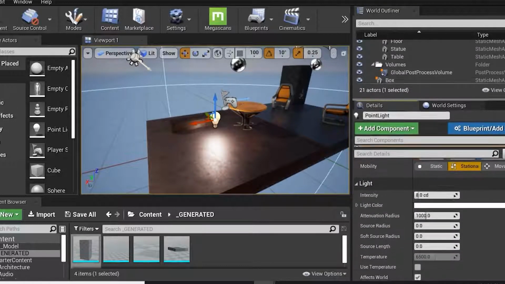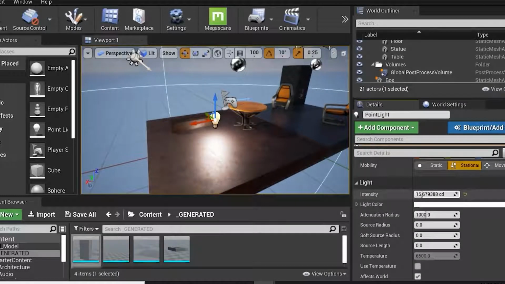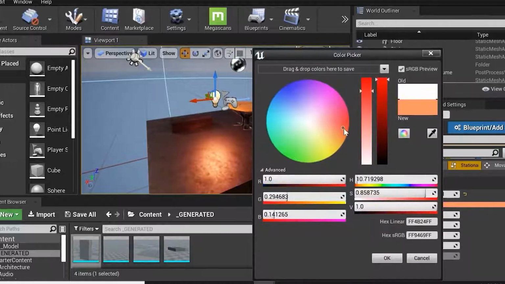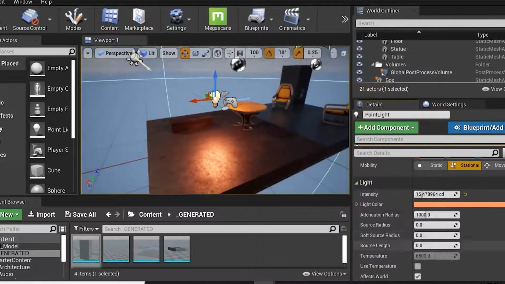Detail, just click over here. Intensity: what kind of intensity do we require in our scene? Just drag it over here. Light color, select, and we can change the light color. Say okay. Source radius, if we want to change the radius, we can do that. This is the reset, yellow, click over here. Default value. Source length, I can do that as well.